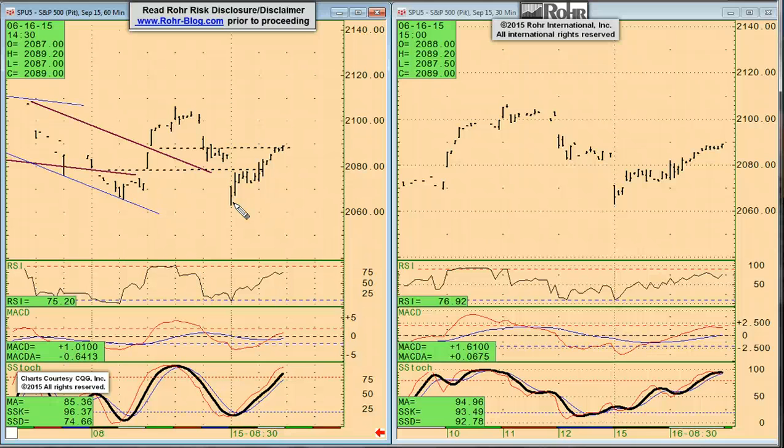But this market, the bears had a chance to put it down below the 2067 area once again, as they did going back to last week, Tuesday. And what's so important about 2067? Well, add that $8 back, and it's the more important 2075 to 78 area,